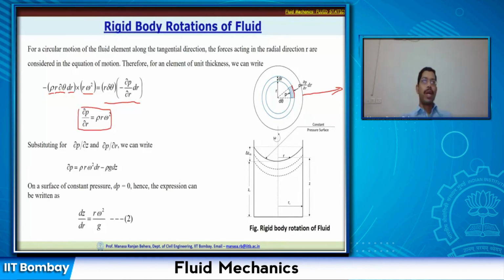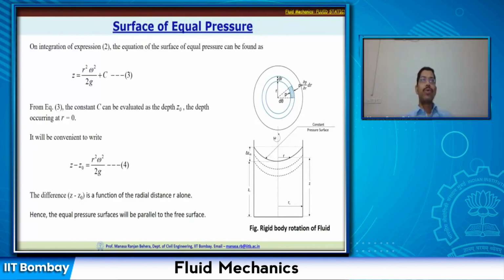So now ∂p/∂r, ∂p/∂z, so this Δp is 0 at that surface. So this is equal to 0. I can write down ∂z/∂r is equal to ρ r ω² divided by ρ g. That will give me r ω² by g. Alright. Now, once we have done that, if we integrate,